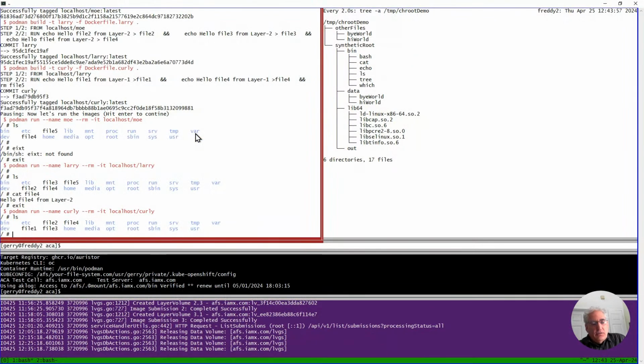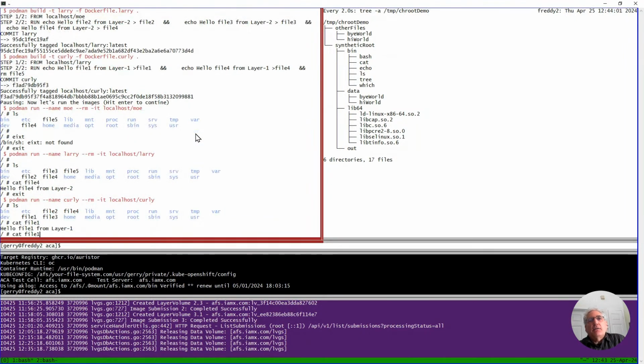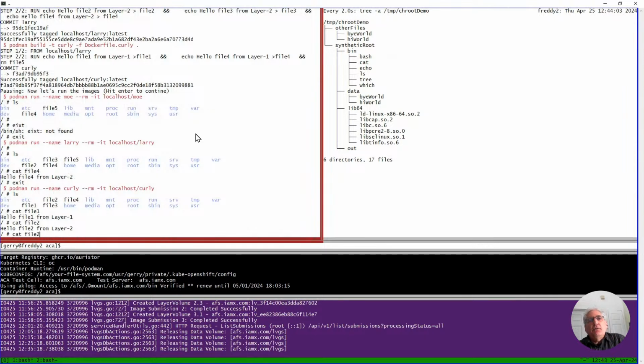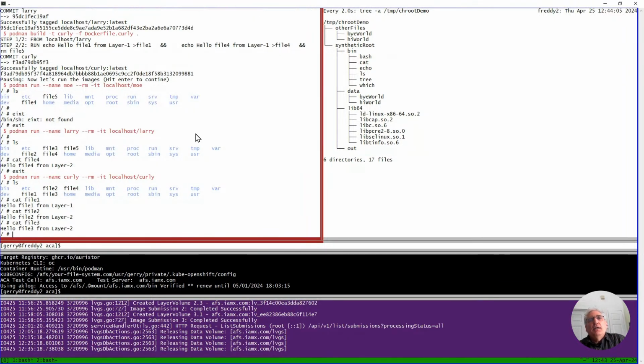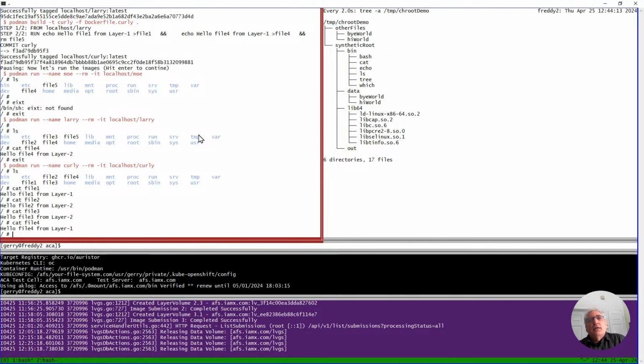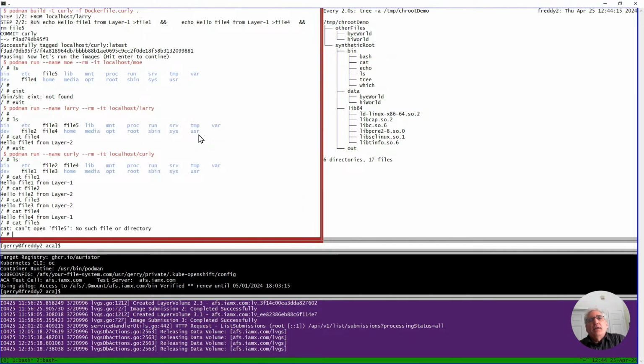So if I cat file 1, I'm going to see the version from file 1. I cat file 2, I'm going to see the version from file 2. I cat file 3, I see the version from layer 2 as well. Again, right? And cat file 4, it's there, and cat file 5, it's not there because it was deleted when I built that container. So there you go.